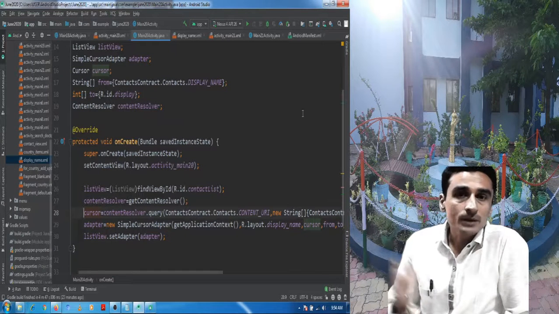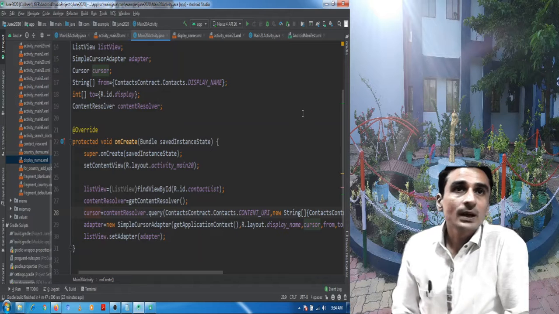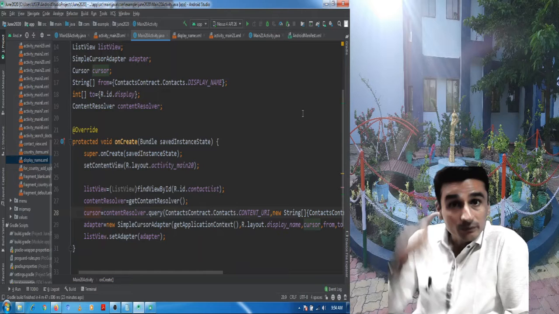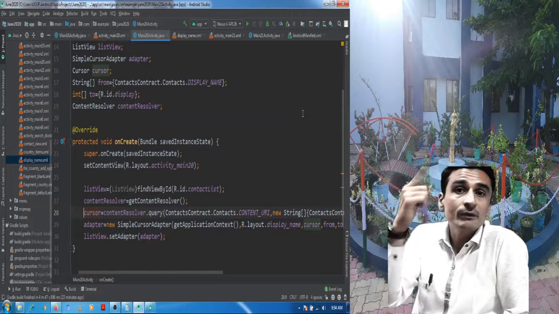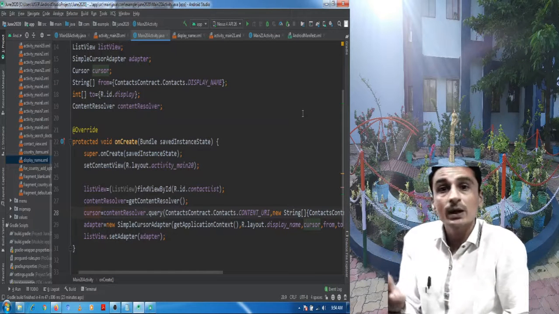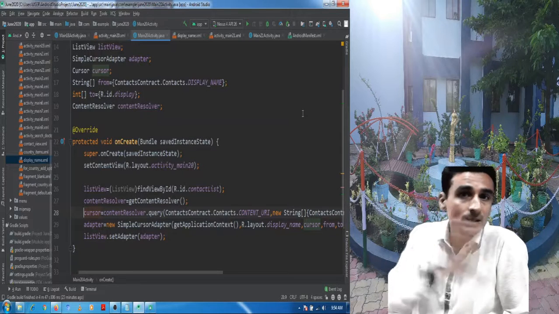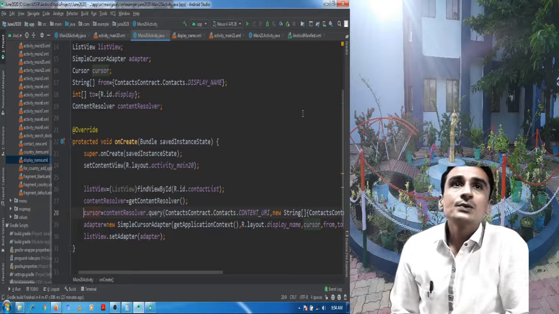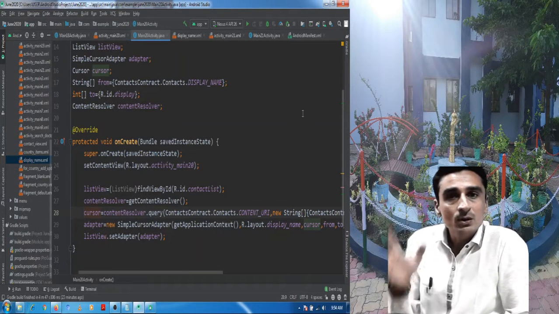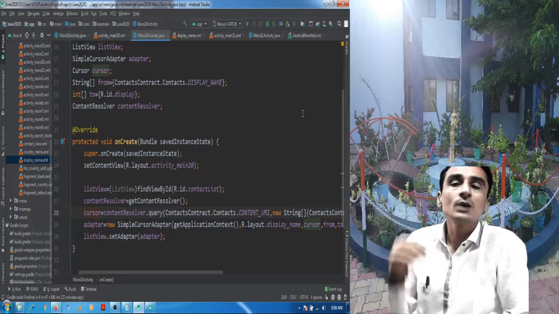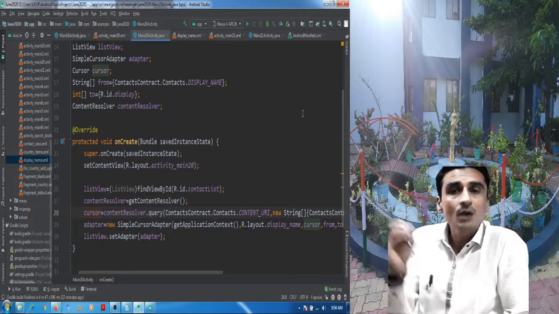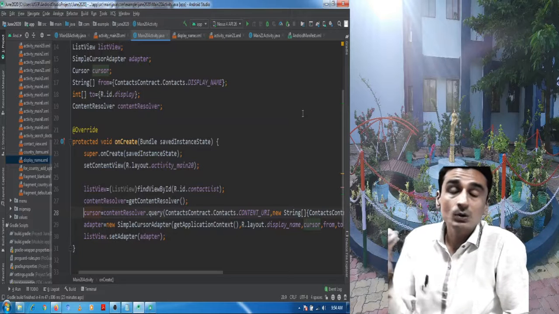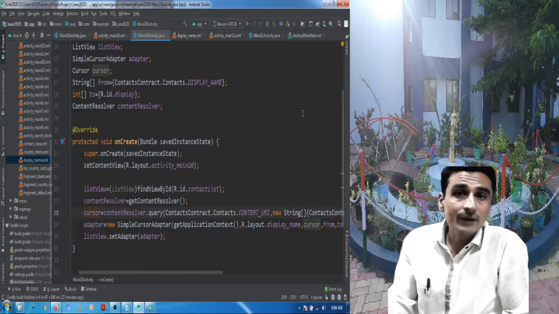So in our code in Java activity, we should check whether the permission is given at the time of installation. If at the time of installation permission was given, it is okay, but if at the time of installation permission was not given, Android would not allow us to execute this code. So again, if the permission is not given, we should check. If not given, we should again request the permission, because right now we want to read the contacts, that is on the fly permission. We should request permission on the fly, that is dynamic.